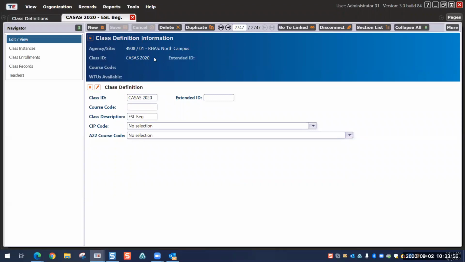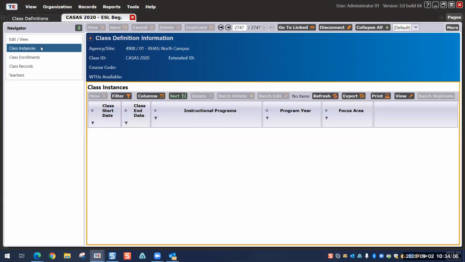So now that I created a class definition, I have the opportunity to create a class instance, class enrollments, class records, and add teachers. So in class instances, this is where you enter the parameters of that class that pertain to the current program year. So if I am to click on the new button here,